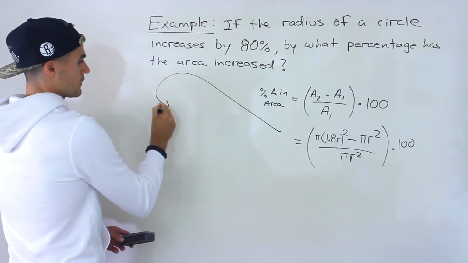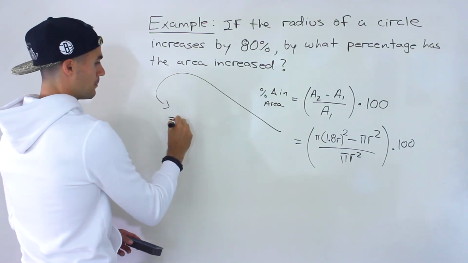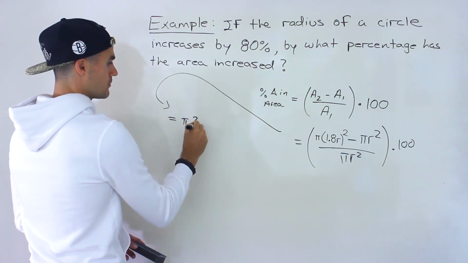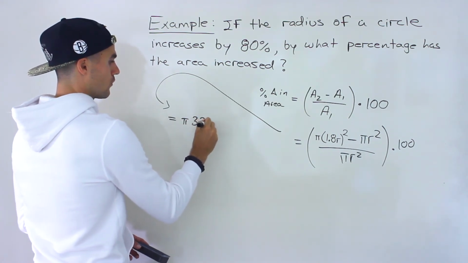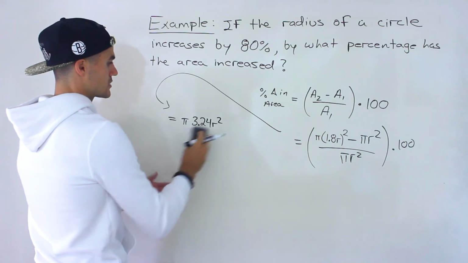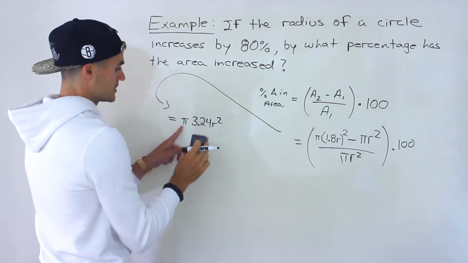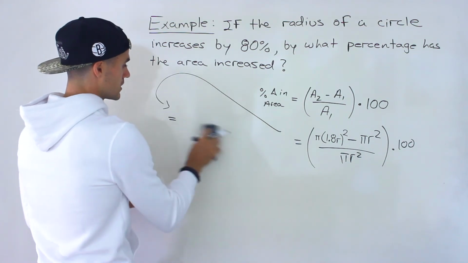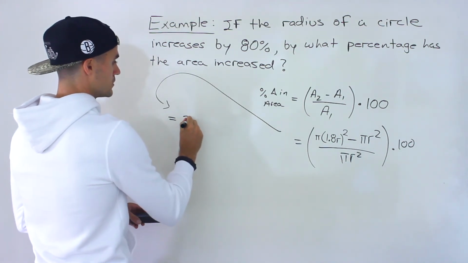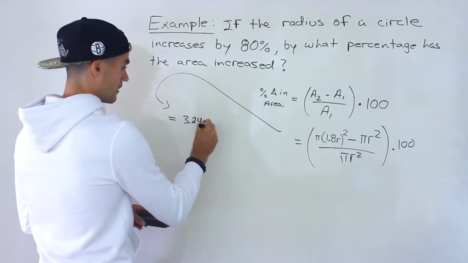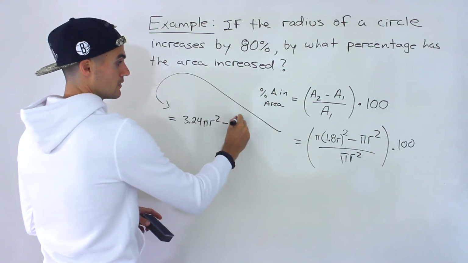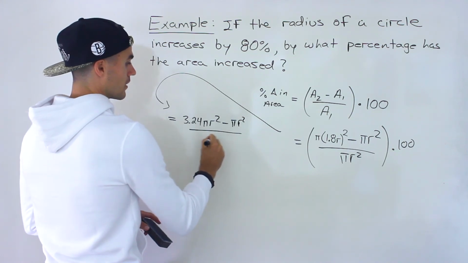We would end up having pi times 3.24 r squared. Let's actually put 3.24 pi. I'm going to take the pi and put it in the middle there, it's just going to look nicer. So we'll have 3.24 pi r squared minus pi r squared all over pi r squared,